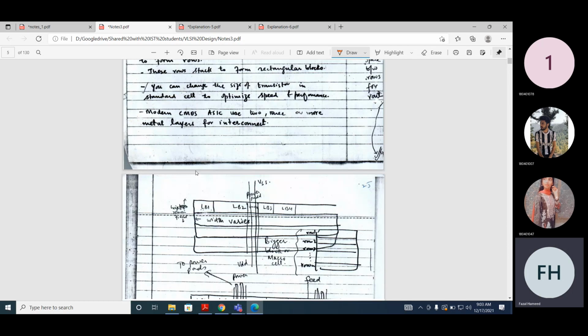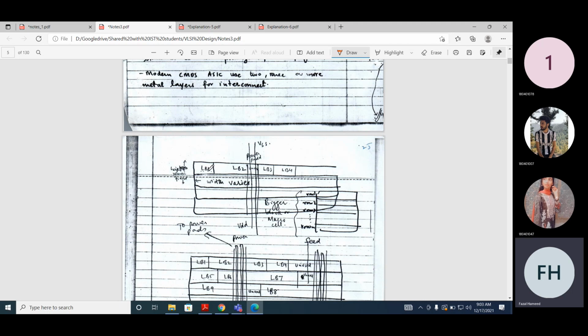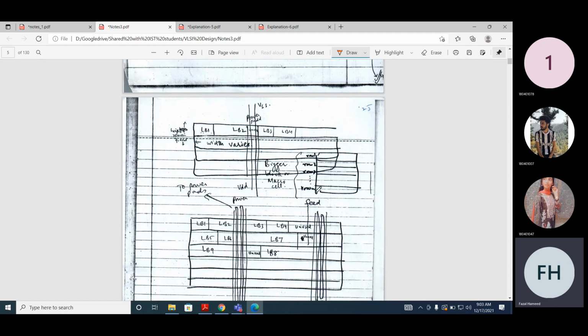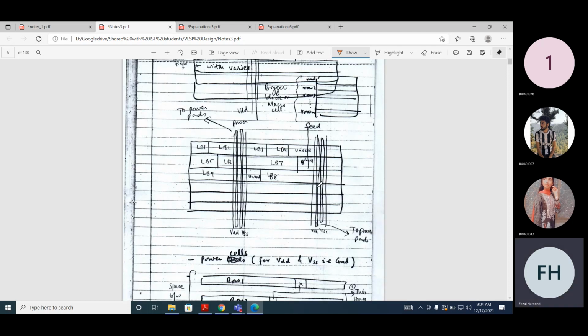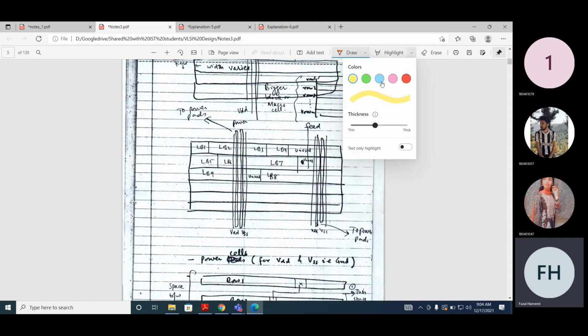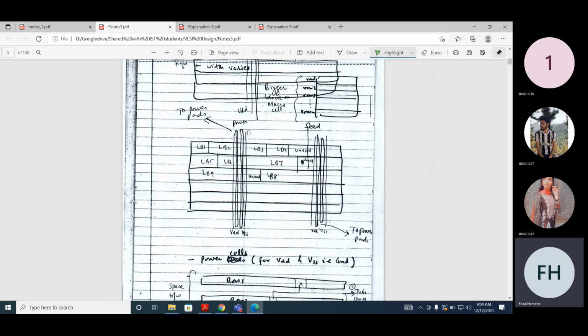Okay, so if you look at here, you have different blocks like block 1, block 2, and then the width varies, and there are also row 1, row 2 up to row n, and there is also, can you see, some columns for power.